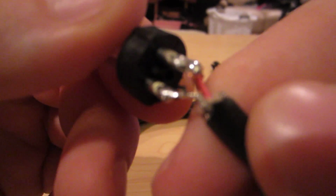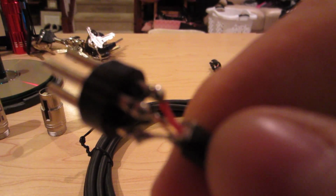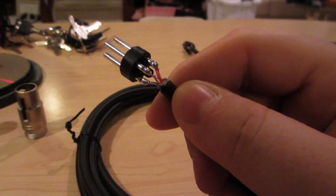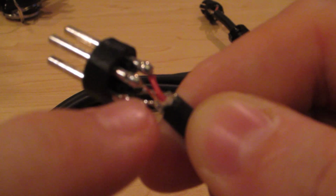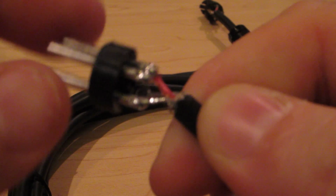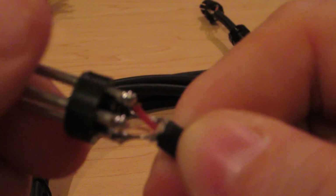And actually, check that out. All the plastic shielding is completely melted away from pin number 3. I can't get the camera to zoom in enough for you. So I'll do it out here. There you go. Check it out. All the plastic shielding that should be there on pin 3 is actually melted away and looks to be rubbing up against pin number 1. So again,